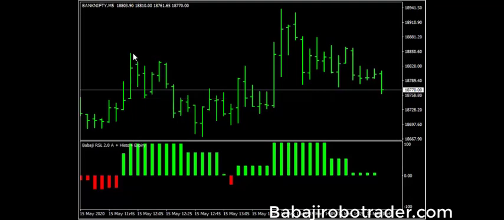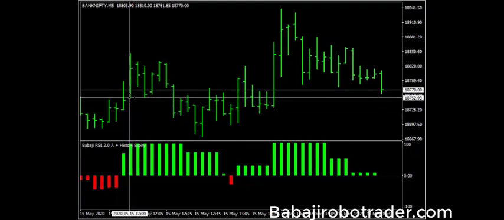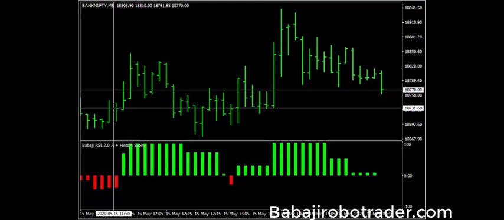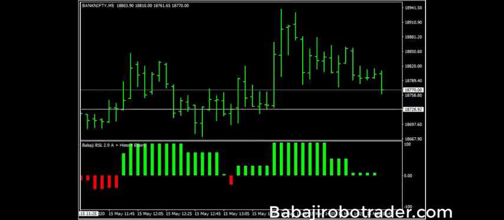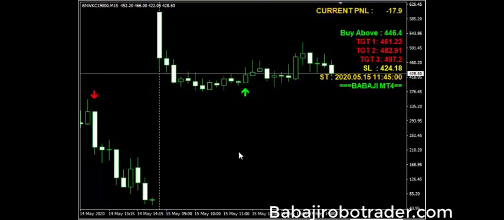Now we will compare the same with the Bank Nifty option. For example, here we are going to take the call buy. Currently Bank Nifty is trading around 18,750. If you are an option trader, you will be taking a buy around the 18,900 or about 19,000 call. So I will take the call option and see what happens to the price. Here I am going to choose the 19,000 call option.